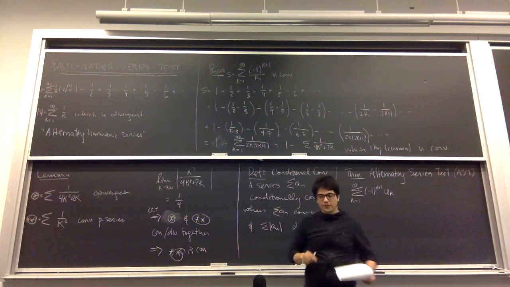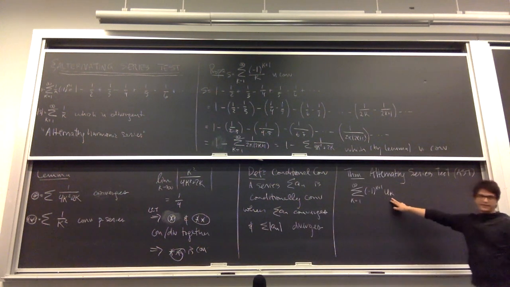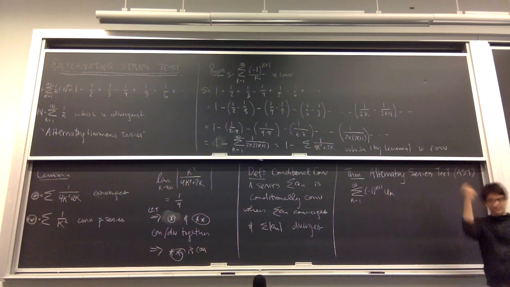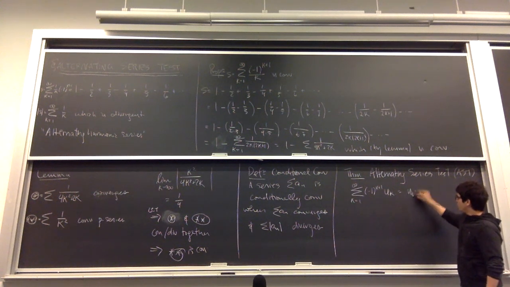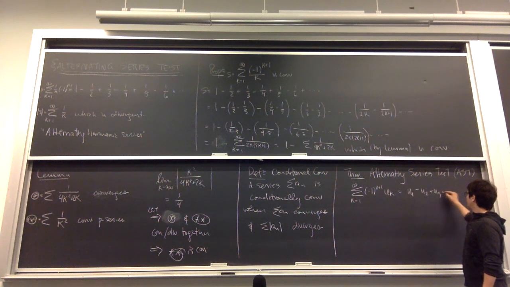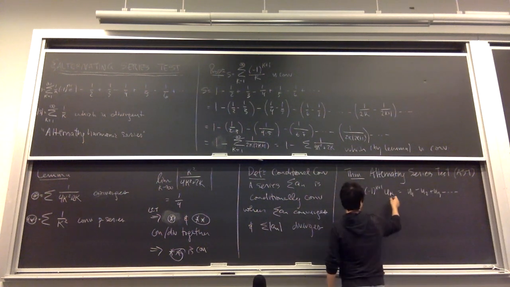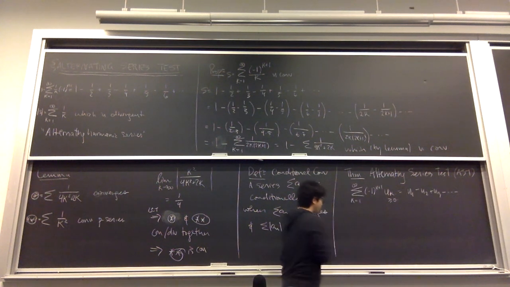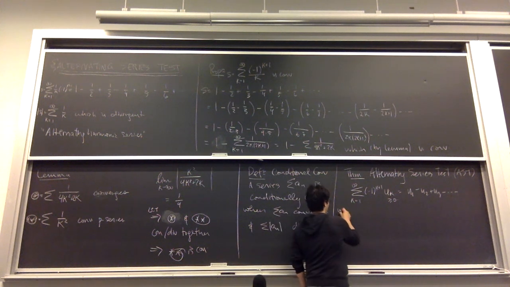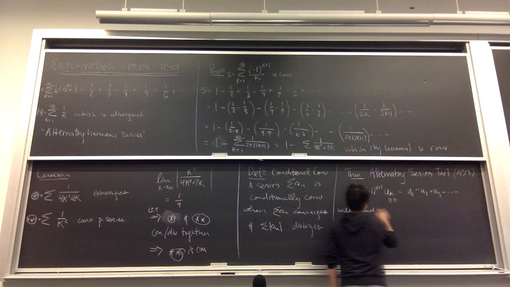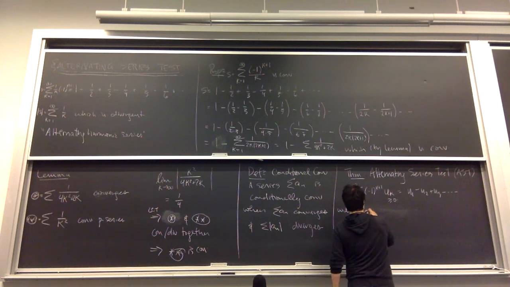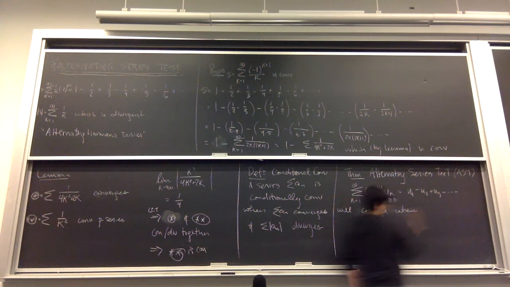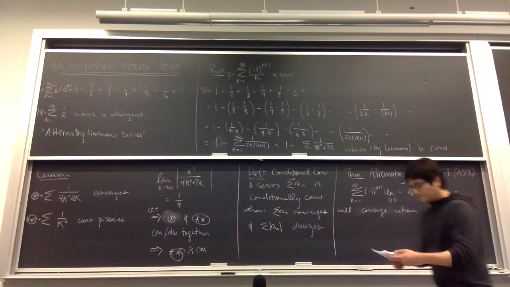Why am I writing a u? Well, I want to emphasize that these terms are positive. They have to be positive. So this is going to be something like u_1 minus u_2 plus u_3, and so on. Importantly, this u_k here is positive. This will conditionally converge. Actually, it's just telling you if it's convergent. You still have to do a test. It will converge, or at least conditionally converge, when